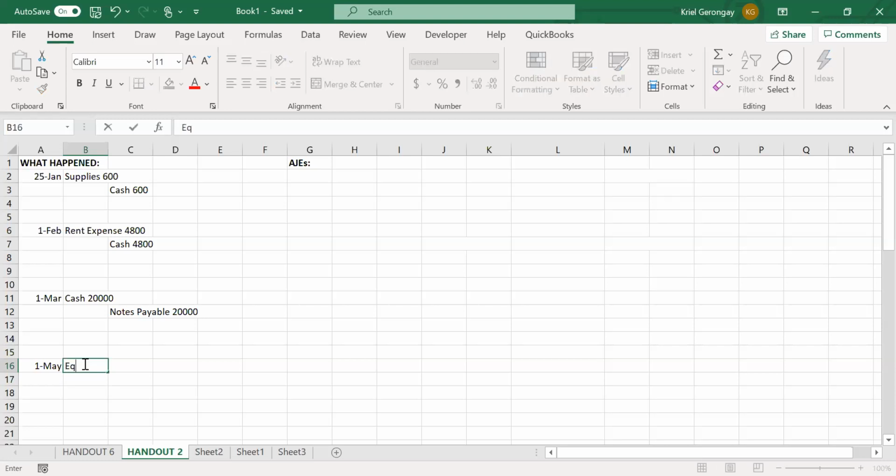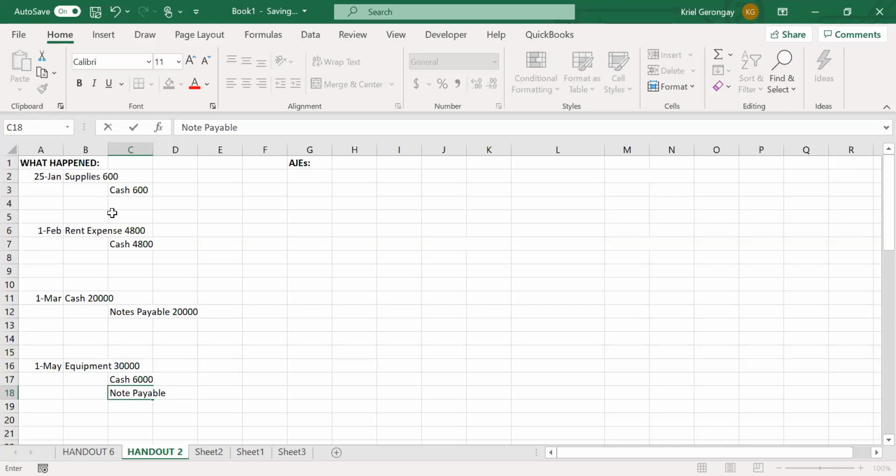So you bought equipment, so you're going to increase your assets for $30,000. And then it says here that you only paid $6,000 down, so you would credit cash to decrease cash for this amount. But then to make it balance, it'll be a 2-year annual rate note payable. So here it indicates that it's a note payable